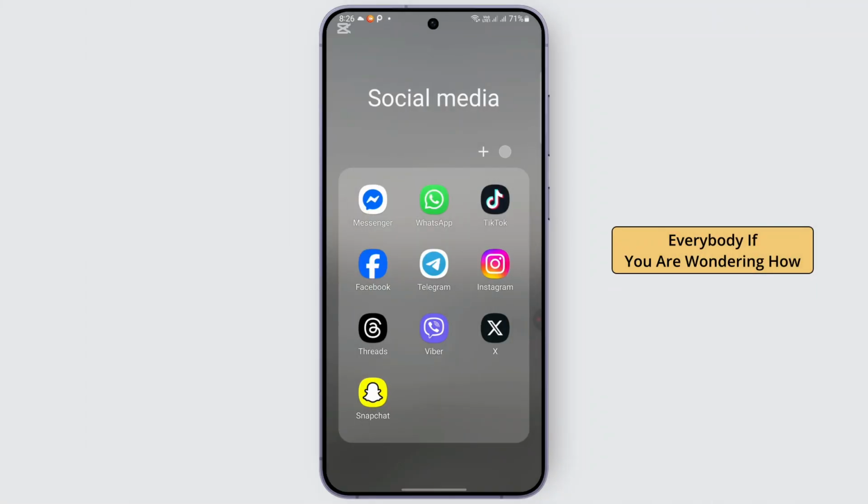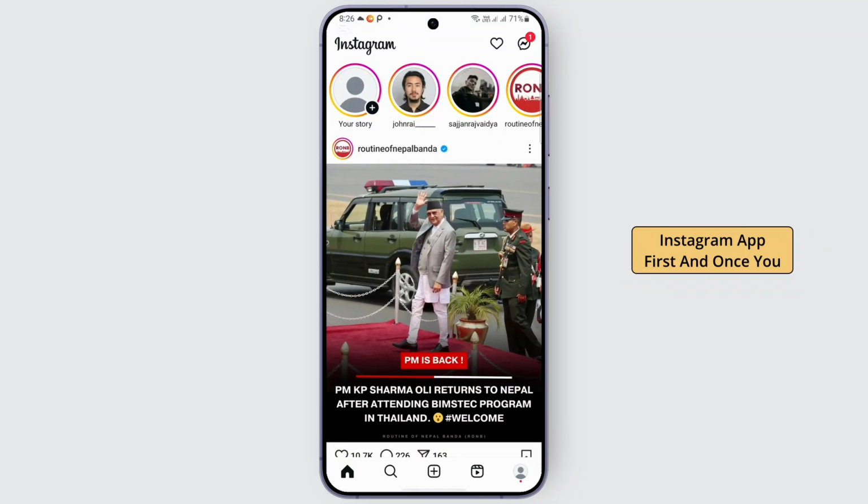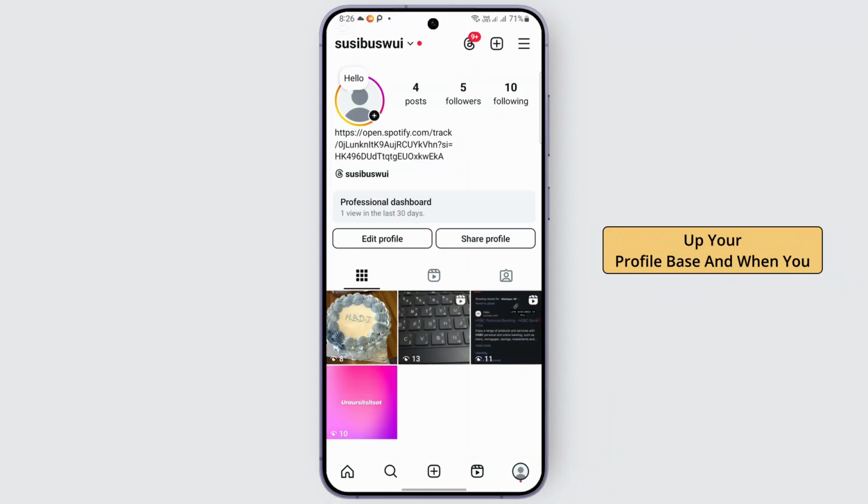Hello everybody, if you are wondering how, you may follow this step. So open up your Instagram app first, and once you open up Instagram, you should be finding this interface. So from here, head over to your profile in the bottom right, and open up your profile page, and head over to the three dots and lines at the top,